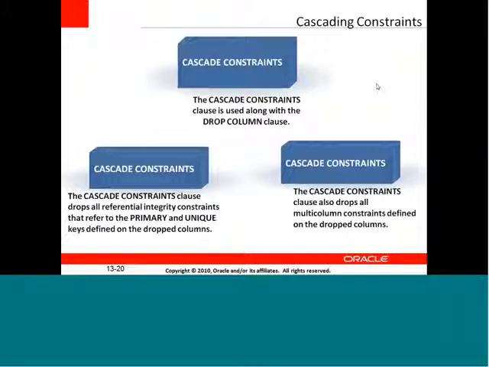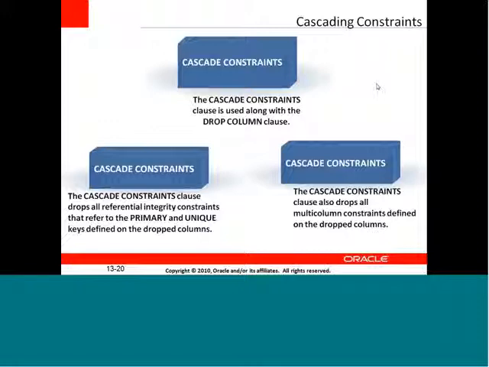So it is quite similar to what we discussed: if the primary key is there and the primary key is acting as a referential foreign key to another table, if I make any changes to the primary key, then the same thing will be applied on the foreign key present in the child table.